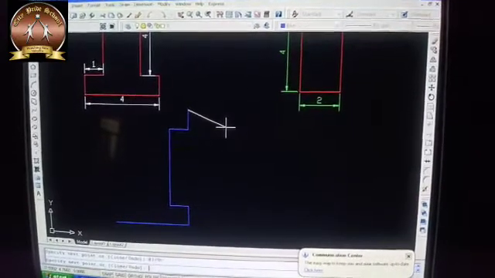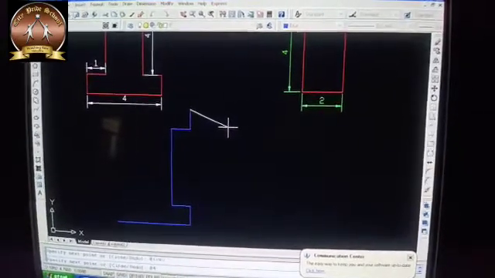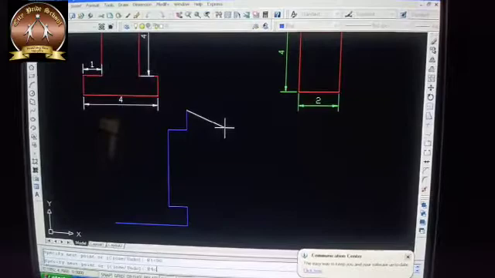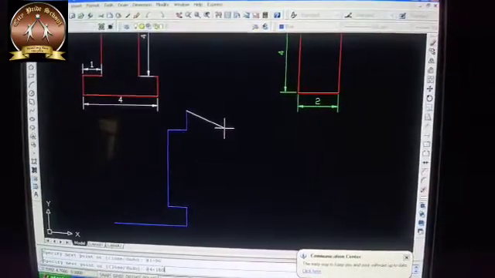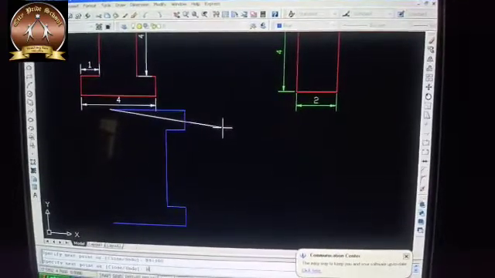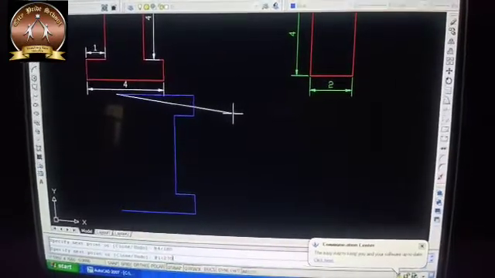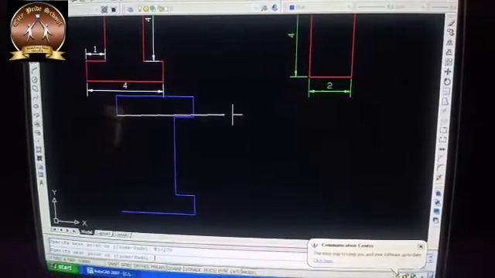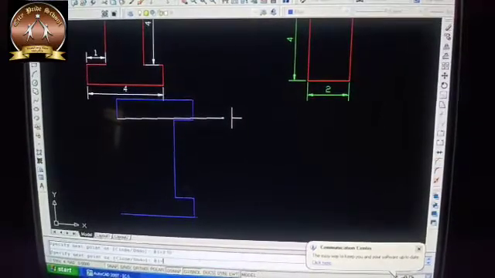Now you require a long line. So at the rate, that line will be of distance 4, student, and the angle will be what? You have to go to the left side, so 180 degrees, 180. Again at the rate 1 the angle will be downside, so 270 degrees. At the rate 1 the angle will be what? 0.